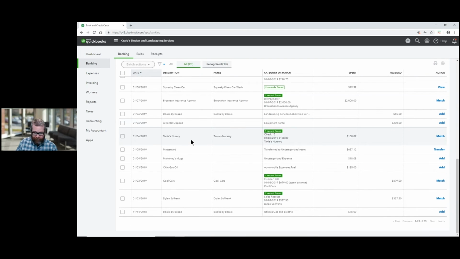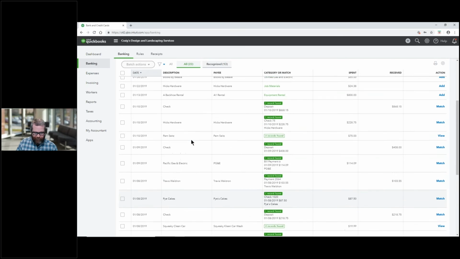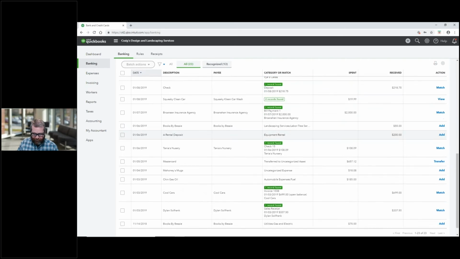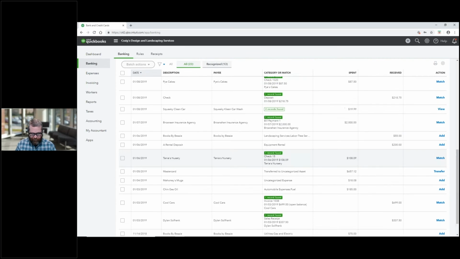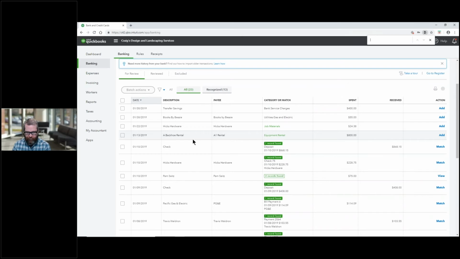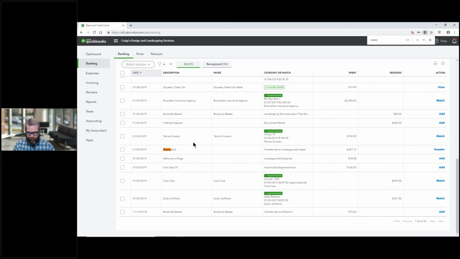Let me see if I can find it again. We've got the transaction, $657. I know I went past it there. Where is it? We've got 657. Let me see if I can find MasterCard. There it is. That's an easy way to find things, by the way. Press Control F, and then you can enter the little name right there that you're looking for. I should have done that to begin with. So we've got our MasterCard transaction right here,